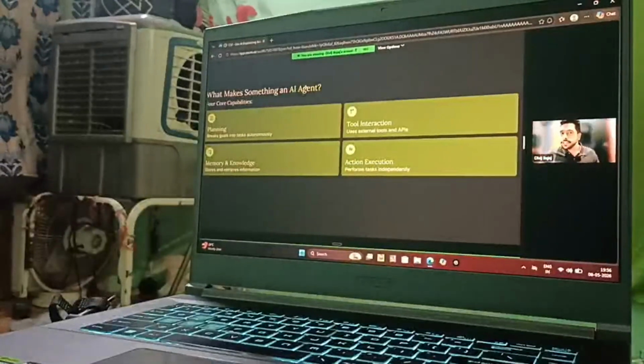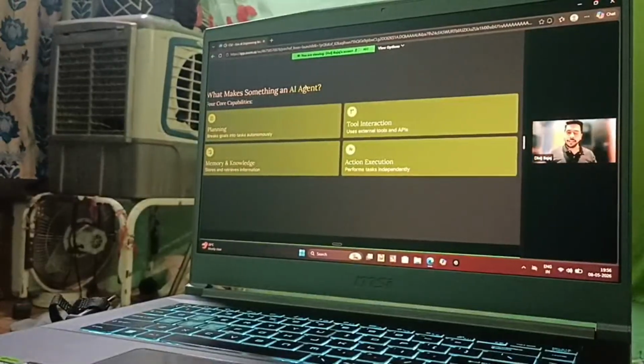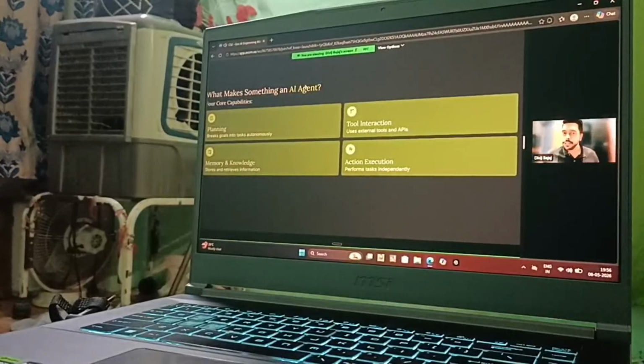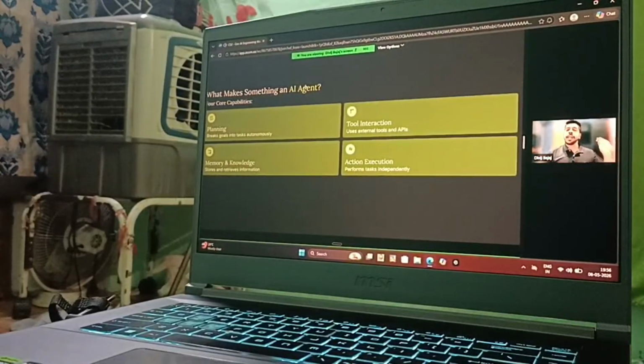Now come to the definition. I could have started with the definition, but it would not have made sense to you, right? Now look at the definition. An AI agent is